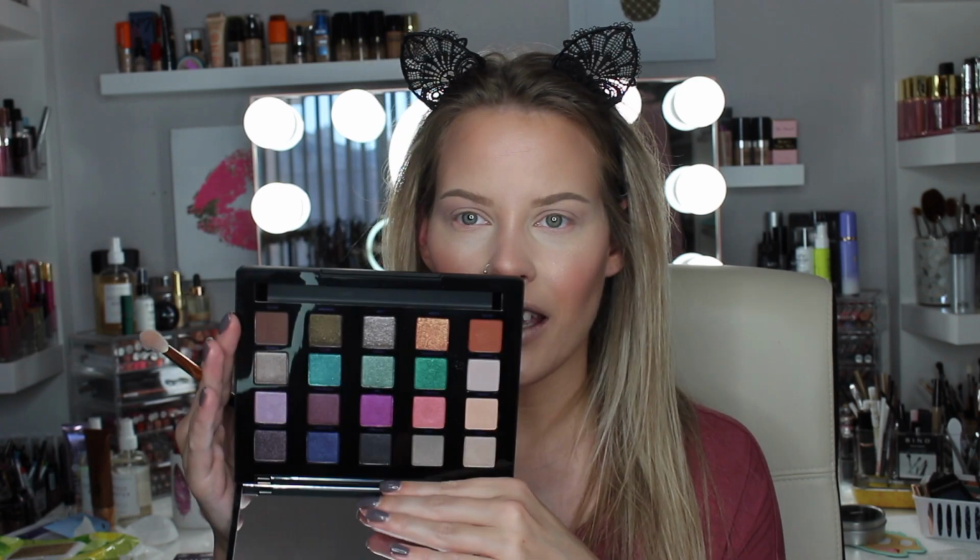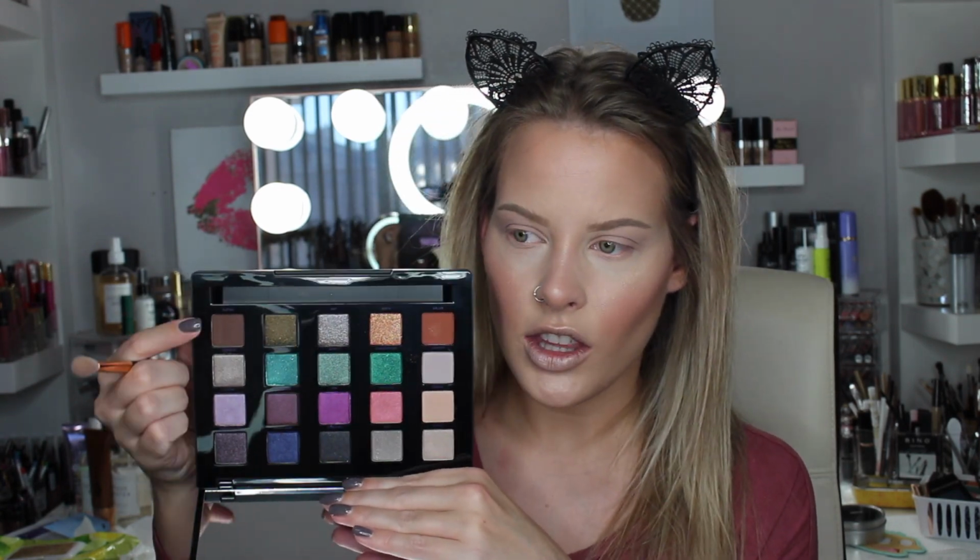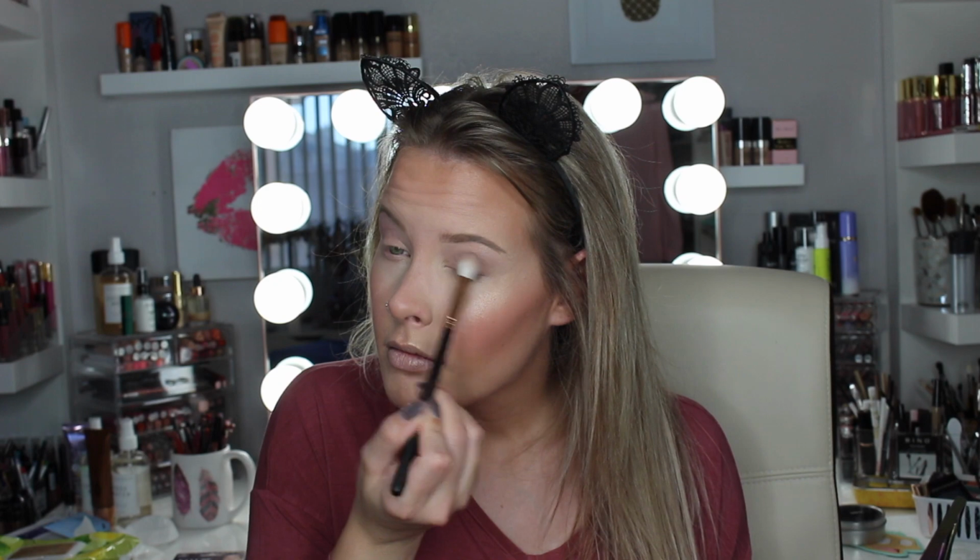So I guess let's go in with this shade right here. It's called Delete. And we're just gonna kind of deepen up the crease and the outer V with that. I mean, the shadows are blending out nice, so there's no complaints there, but I feel like this is one of those palettes that you would only grab if you were looking for a lid shade,